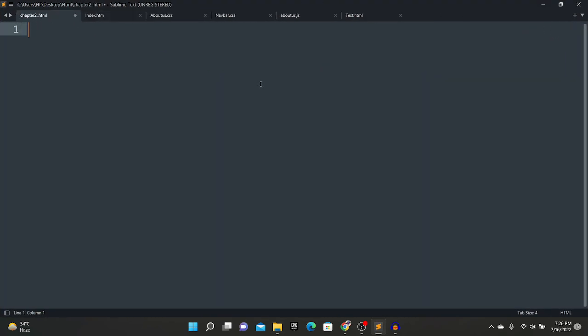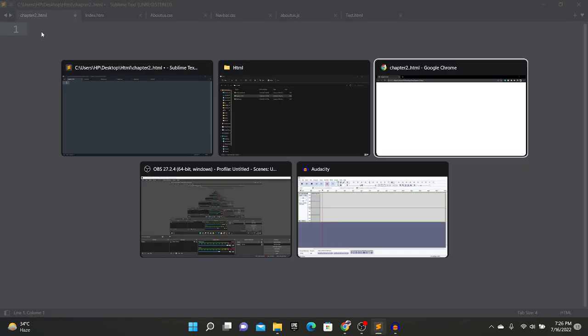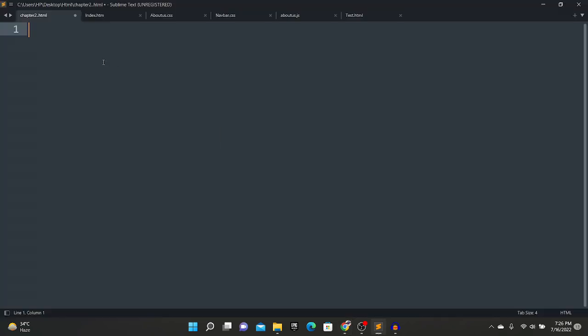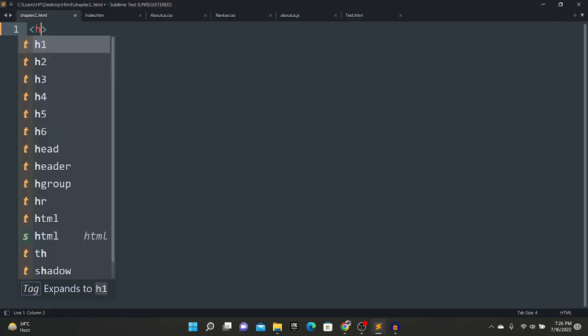Alright, so I have created this folder, this document of chapter 2, and now I'm gonna be telling you how to add color to the background. As you can see, it's white, plain, old, boring white. So let me first write the snippet of my HTML,